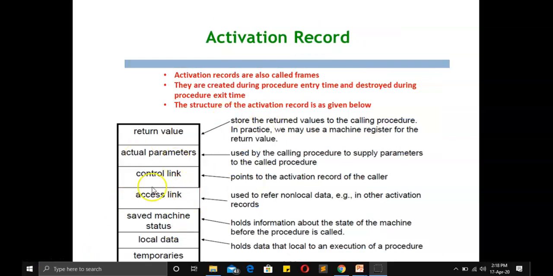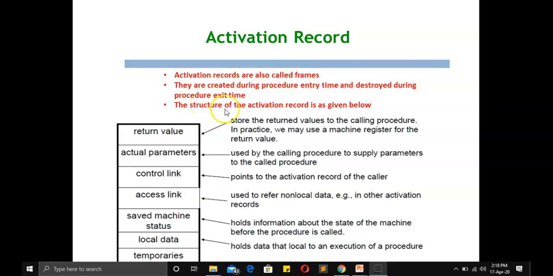So let us see what is an activation record. Activation record is nothing but a record which is created during function call and it is destroyed when the function gets exited. Activation record is nothing but a block of memory. It is nothing but a frame.